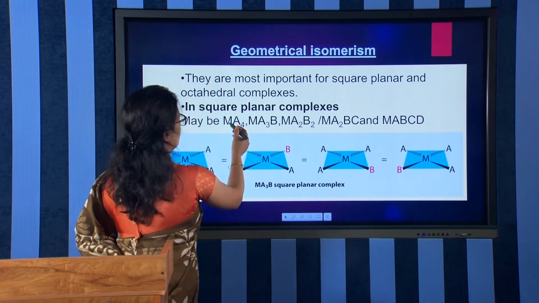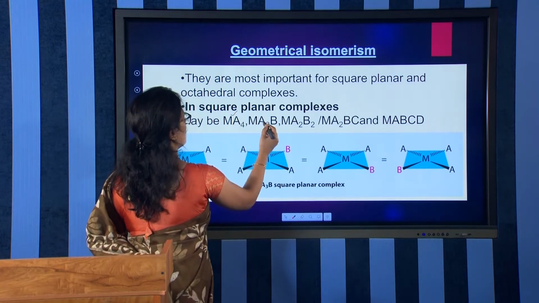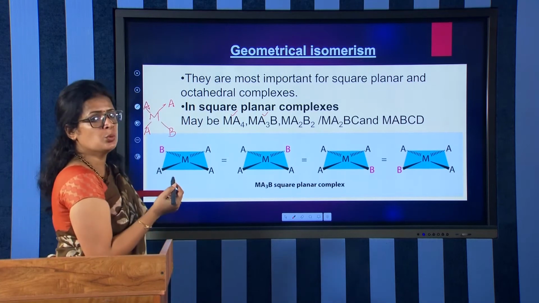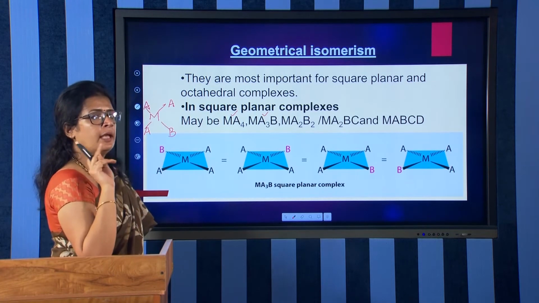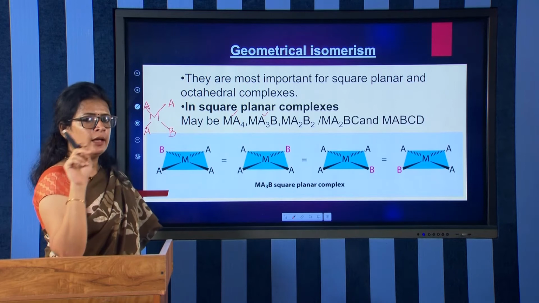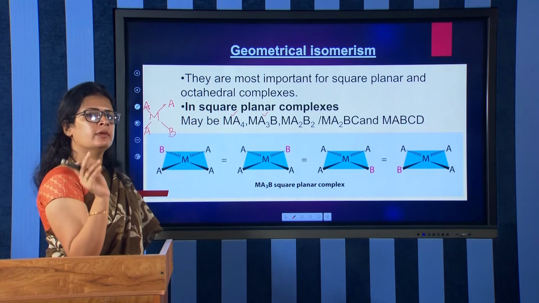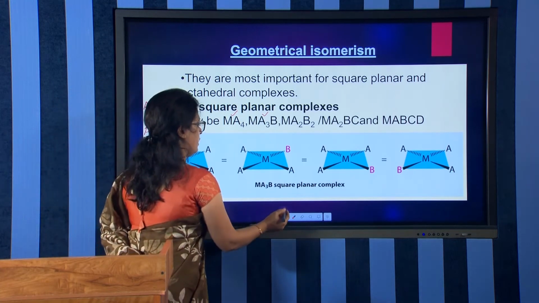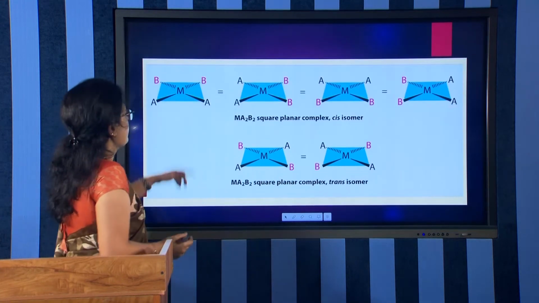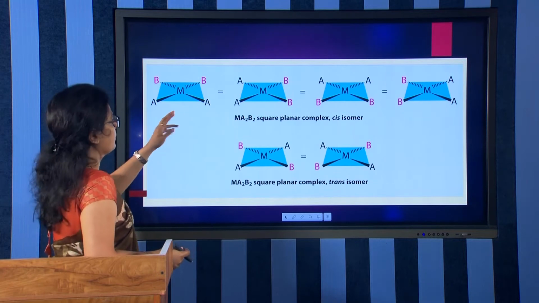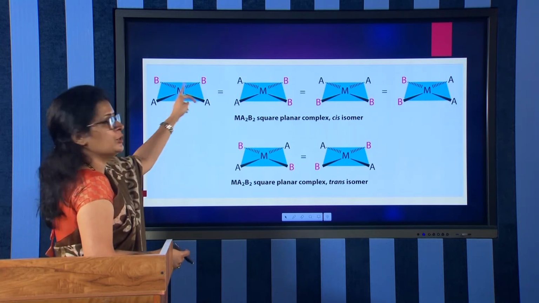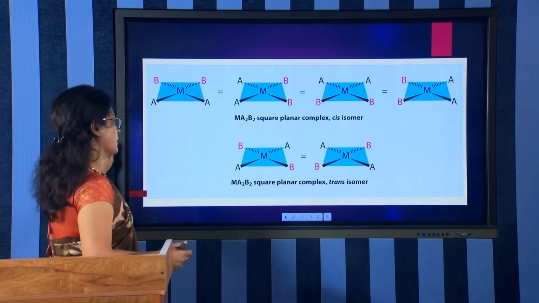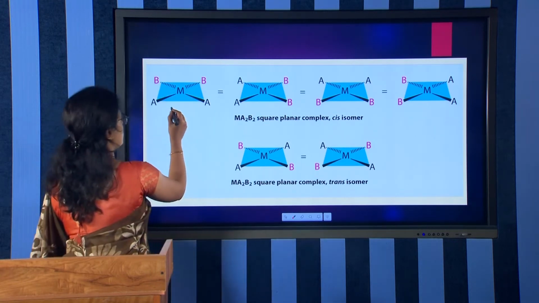And now MA3B is discussed, and next coming to the MA2B2 type. MA2B2 means M at the center, two ligands will be similar and another two will be similar. Now have a look at that. See this, MA2B2. See, this A and A are in the adjacent position, they are in the adjacent position,